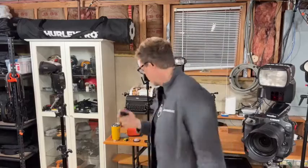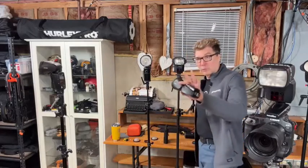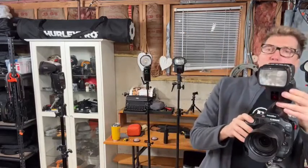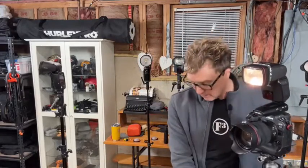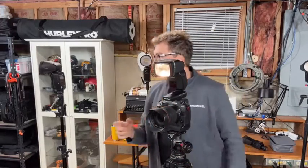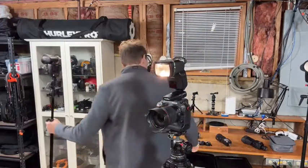And they do have very, very accurate TTL to manual. Very accurate for all groups across the board. Canon, same thing. Canon now has TTL to manual for all groups across the board, right? It works. Westcott is a little funky, right? Come on, Westcott, let's get this together. And what I mean by funky is, on the Westcott here,